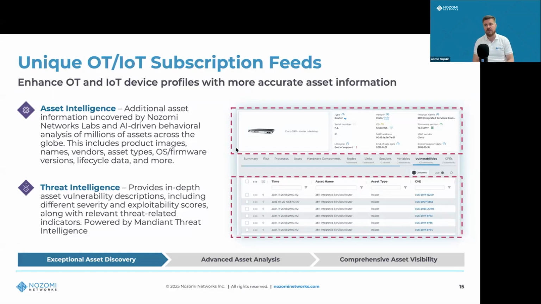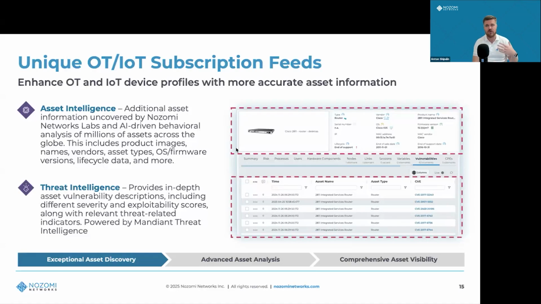Asset intelligence, powered by Nozomi Networks Labs and AI-driven behavioral analysis of millions of assets we monitor globally, enriches devices with unique attributes such as device images, descriptions, more accurate names, vendor names, asset types, and information such as lifecycle status, and more. Most of this information, like lifecycle, cannot be obtained from other sources; it can only be collected by our security team who monitors this kind of information